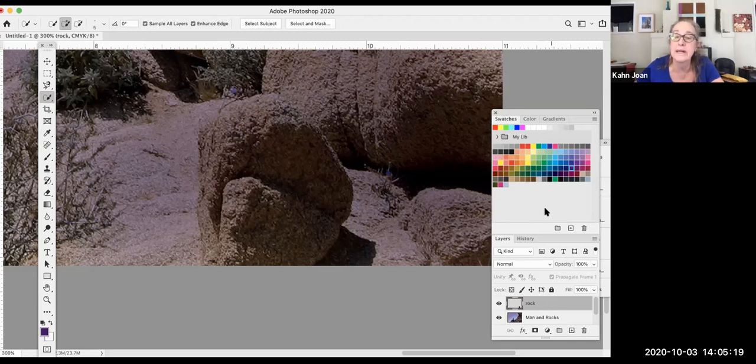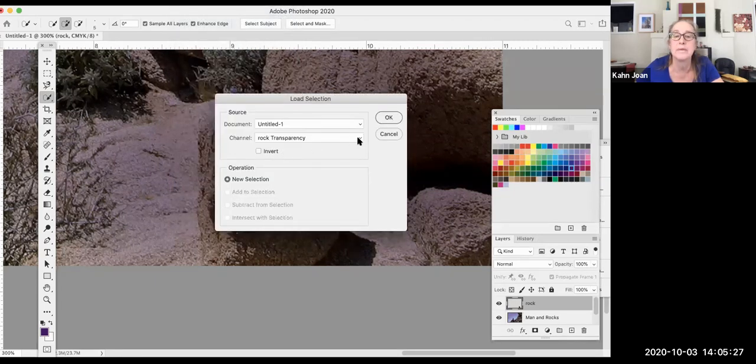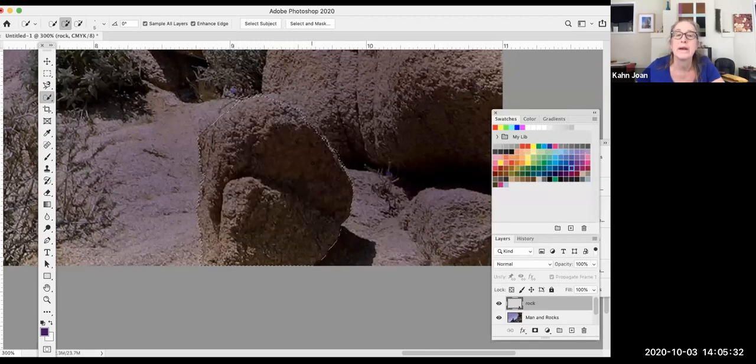So you don't even need to select it, I don't think, but maybe we should, just to be safe, load selection and say rock, okay. And we're going to paint it. So I'm going to go to the paintbrush tool, and again, leave it at multiply and opacity low. Go to a greenish color, because we're going to pretend like this rock